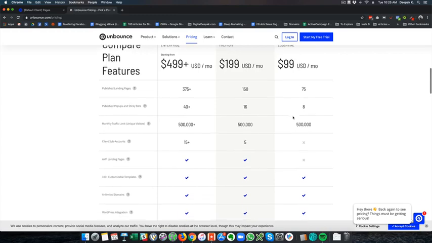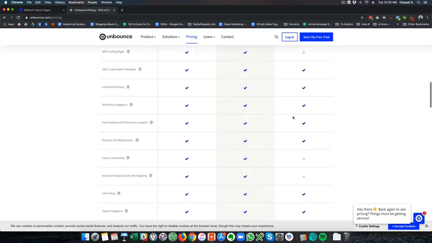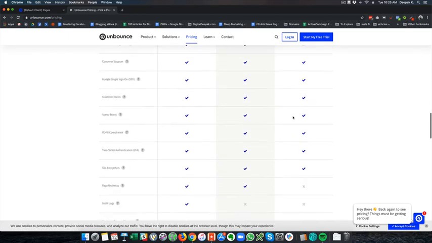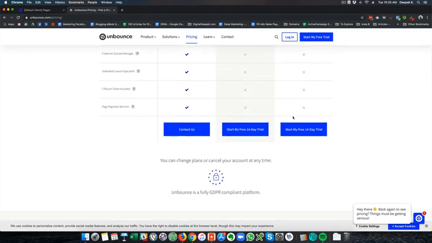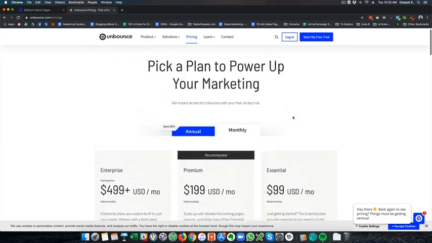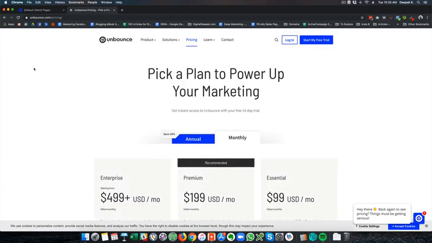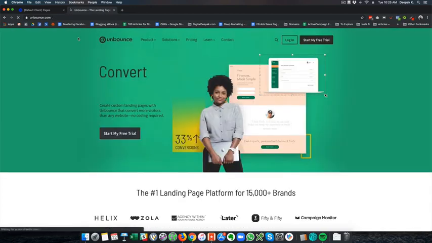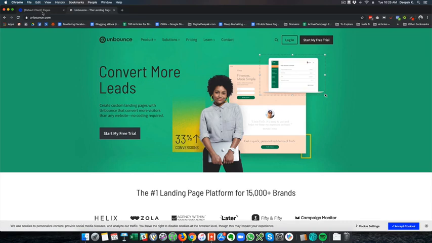There are specific advantages with Instapage which you do not have in Unbounce, but if you are just looking for a slightly cheaper and easier to manage tool than Instapage, I would recommend Unbounce. So right now for my business, I am using both Unbounce and Instapage. And Instapage, I am using it for certain landing pages that I have.